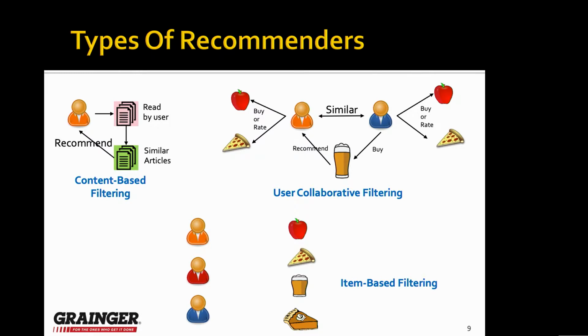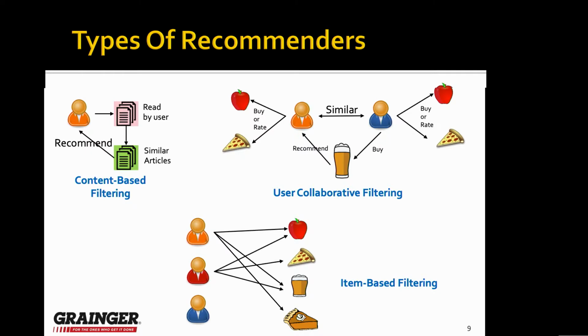What we want to talk about today, though, is more focused on what's called item-based filtering, where I have a person that interacts with several different items. I have another person that interacts with a few more items. Now, what's interesting is that these interactions are effectively creating some sort of relationship. Now, I got 2 sets of relationships. So this person says, hey, I'm going to go buy a beer. We go ahead and recommend the apple because that's been also purchased by the same 2 people that also bought